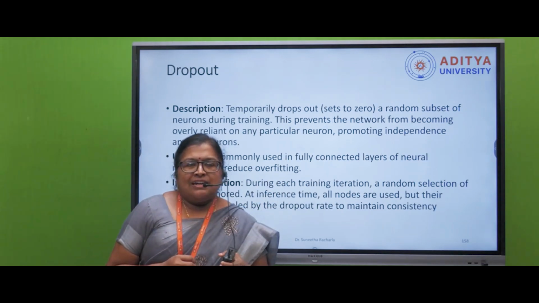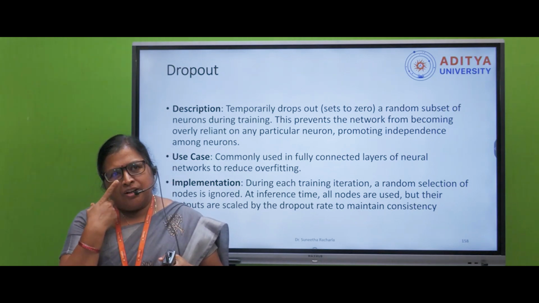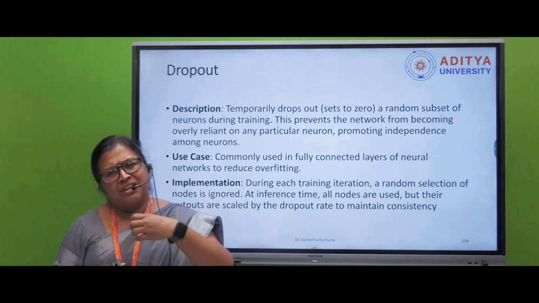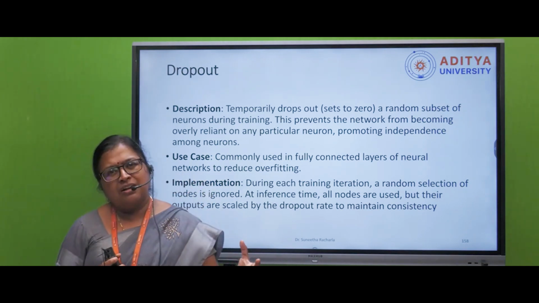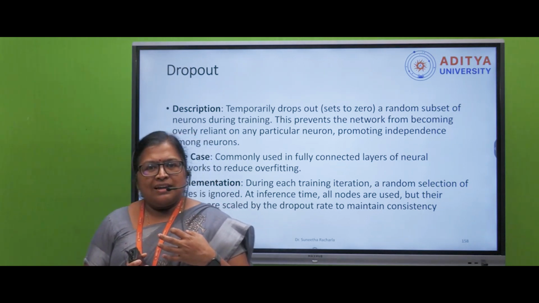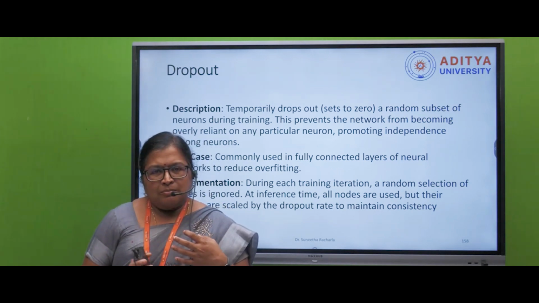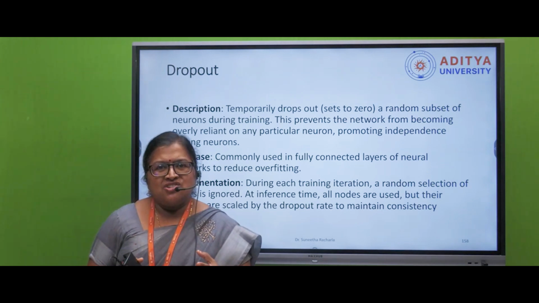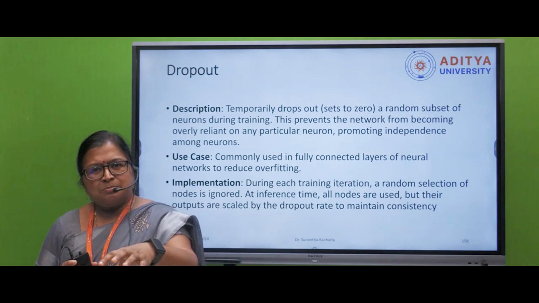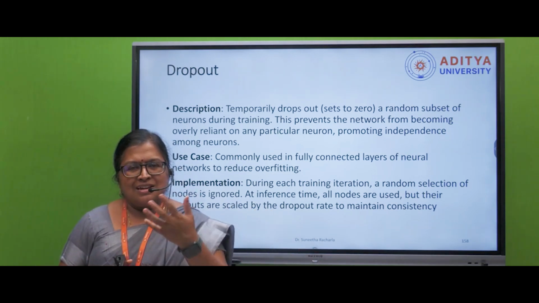The third type of regularization is dropout. Just like the same example in a basketball team, a few players are very strong, some nodes are very strong and some nodes are a little bit weak. So as a coach, if regularization is the coach, what you do is, maybe in the starting match or some unimportant match, make the strongest participants sit on the bench so the other participants improve their skills more, just like in our normal cricket matches.